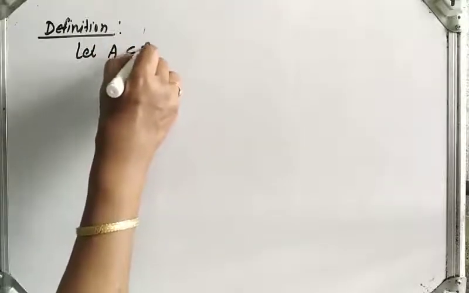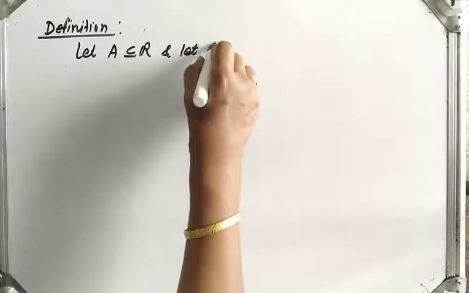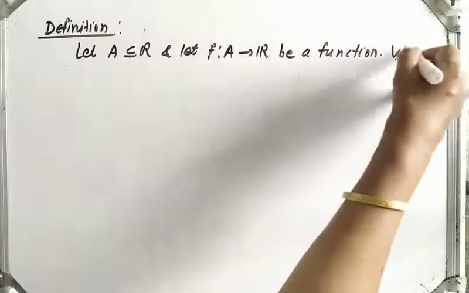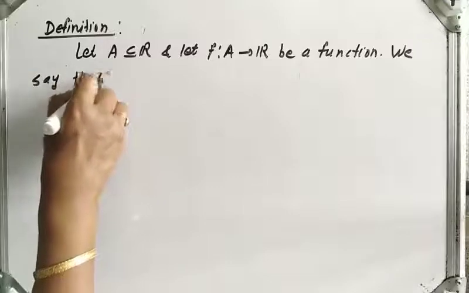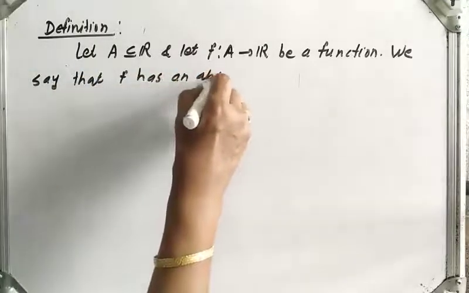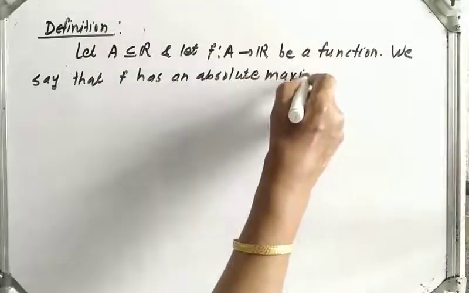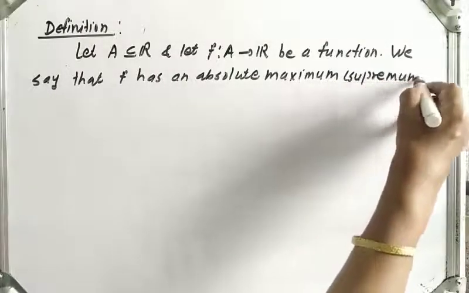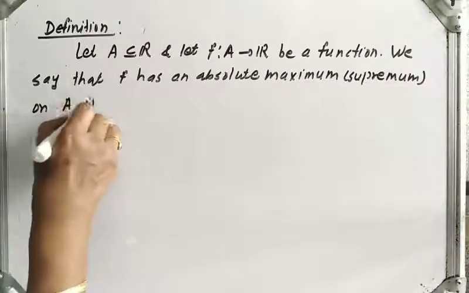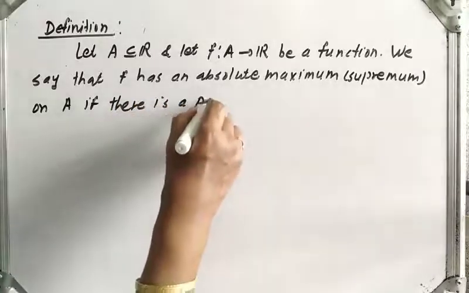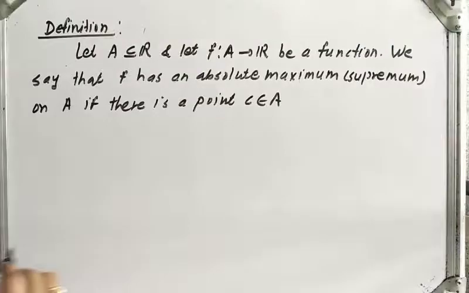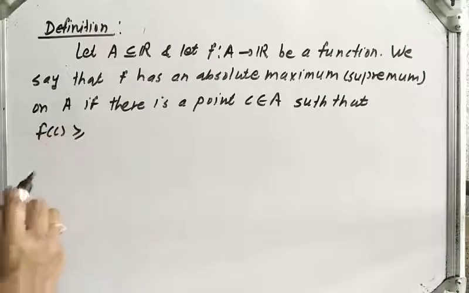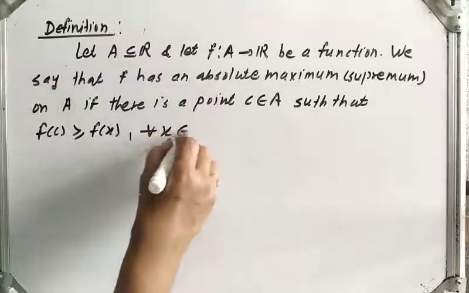Let A be a subset of R and let f be a function from A to R. We say that f has an absolute maximum, or we can call it a supremum, on A if there is a point C belongs to A such that f of C is greater than or equal to f of x for all x belongs to A,